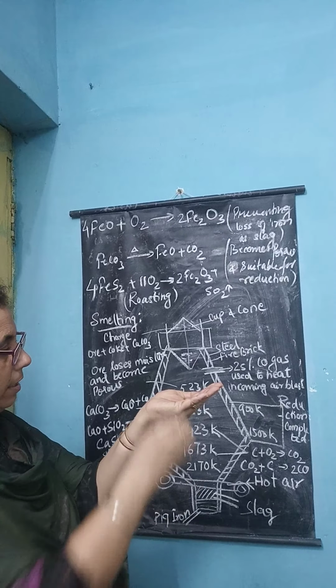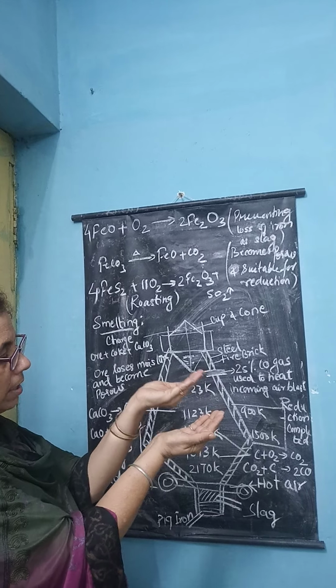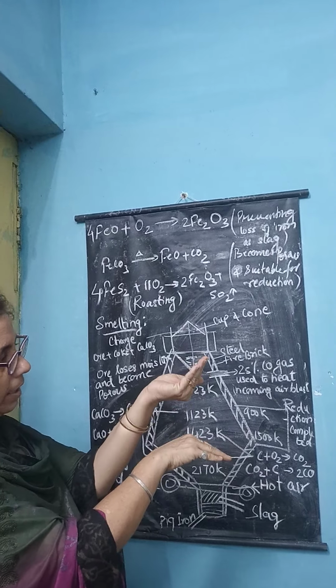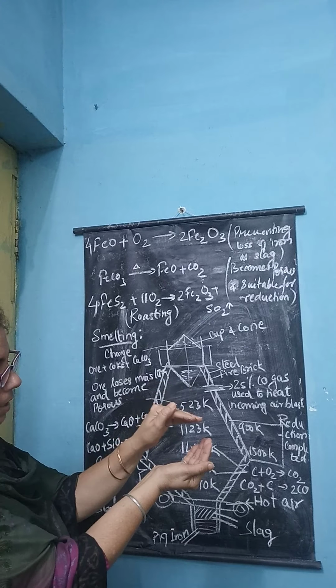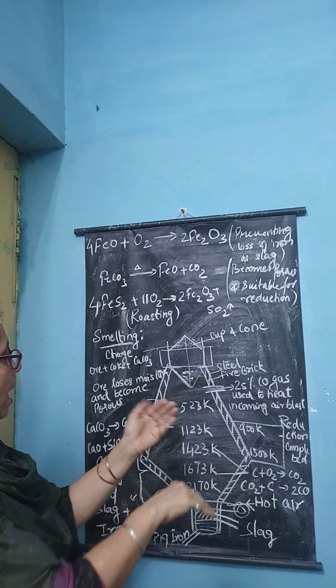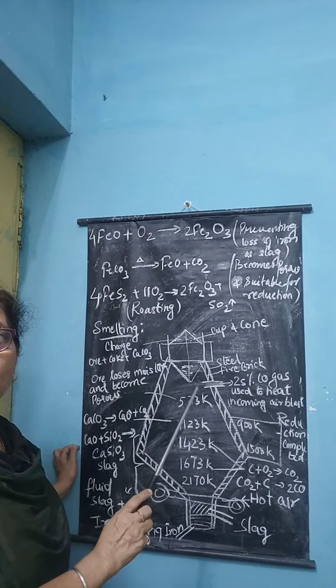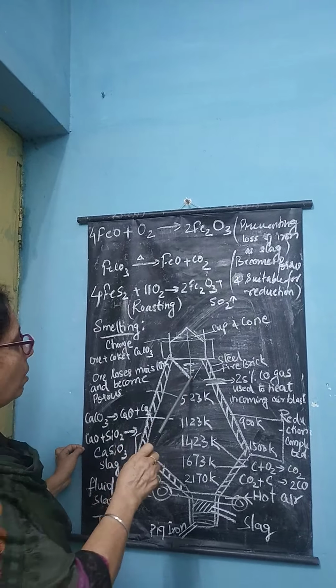As soon as the cup is filled, it pours inside, and again as it turns back, the upper cup will move up to get more charge. This cup and cone arrangement will continue moving. The importance of having this cup and cone arrangement is that there is no loss of gases or heat.